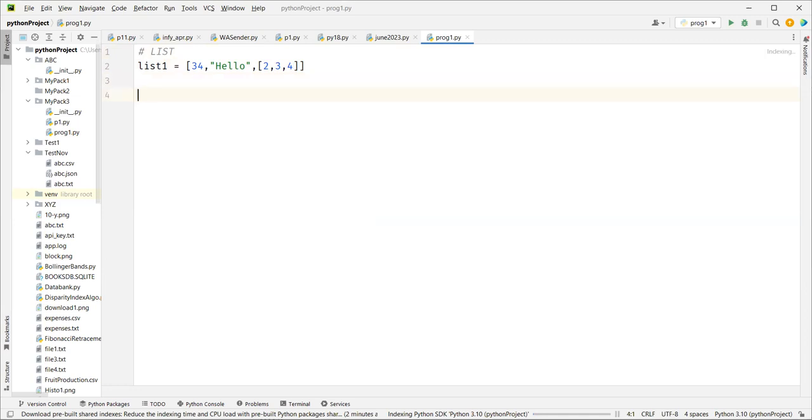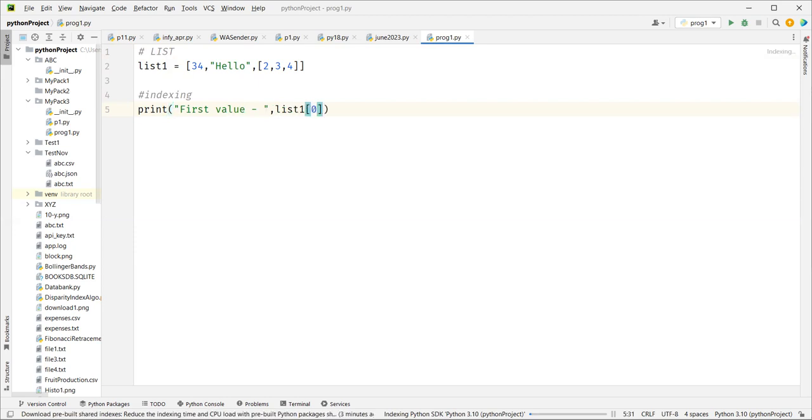Now, we also saw how to access the data from the list. I want to read data from the list. Then how do I do that? You need to do indexing, correct? And we discussed indexing. We said that each position in the list has a number, right? So if I need to read a value from list one, let's say the first value, I will say list one of 0,